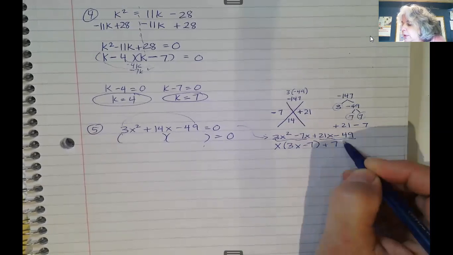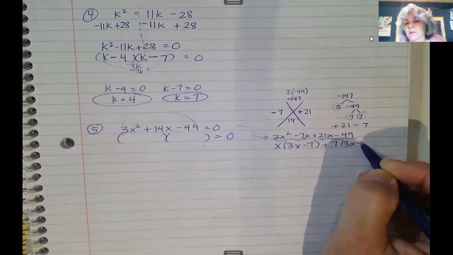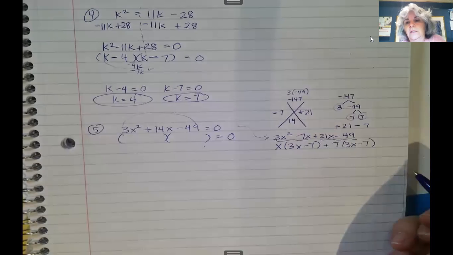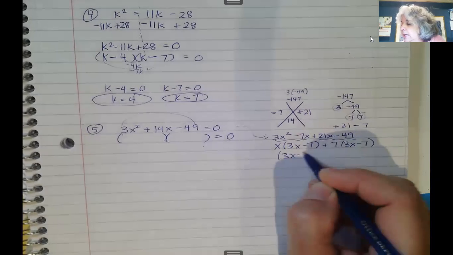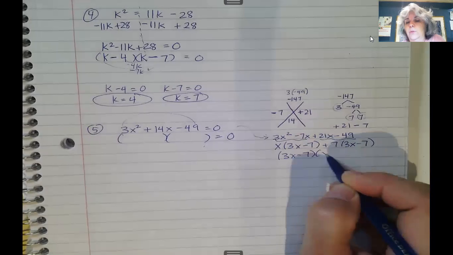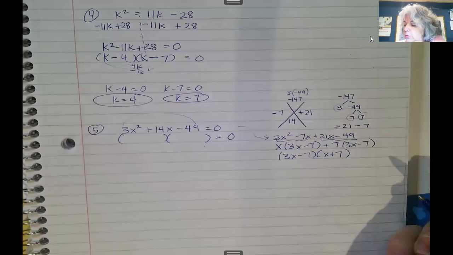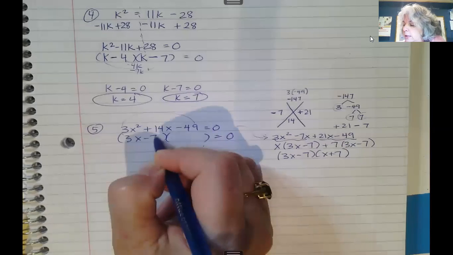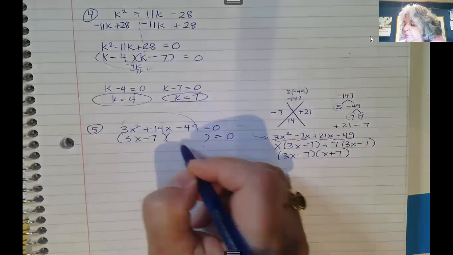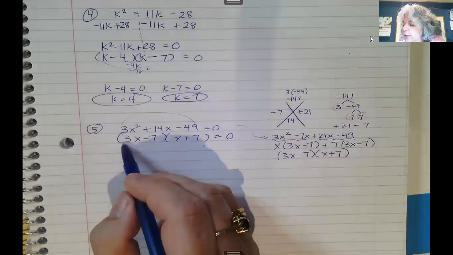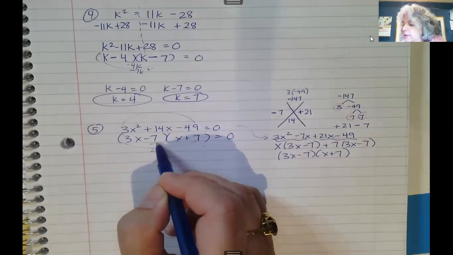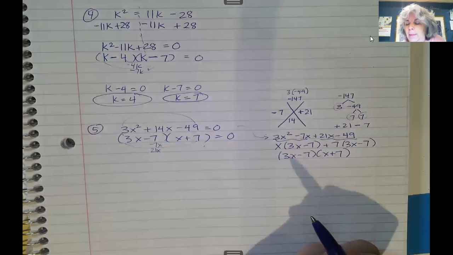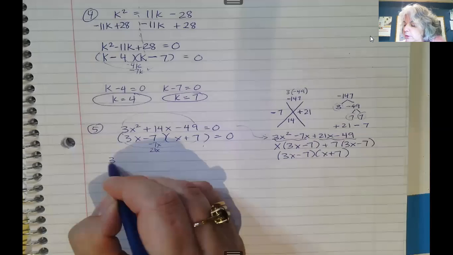That gives me 3x minus 7. Right? So when we see those common binomials, we write that down, 3x minus 7 and x plus 7. Those are my two factors. So I'm going to bring those over here, 3x minus 7 and x plus 7. Let's just double check. So that gives me a 21x, and that's a minus 7x, and so that does check to be 14. So I set each one of these equal to 0